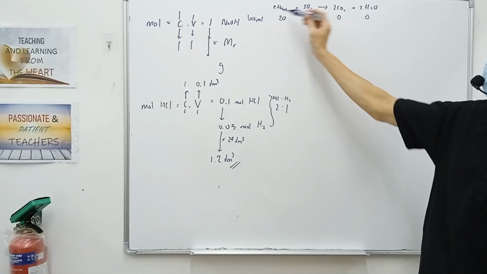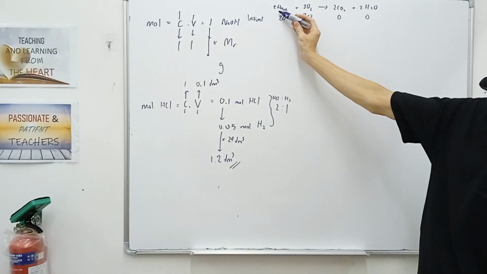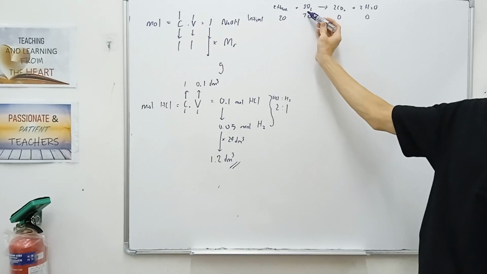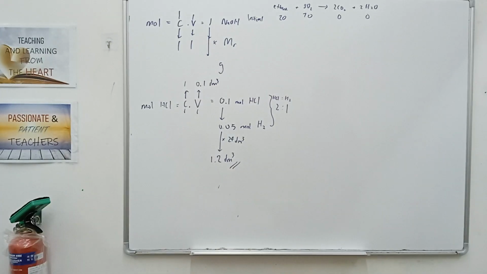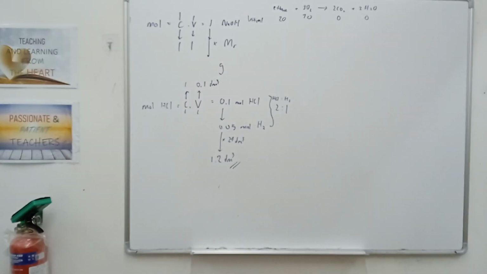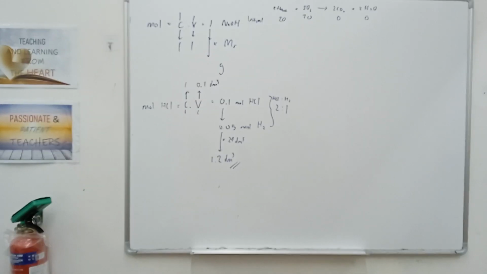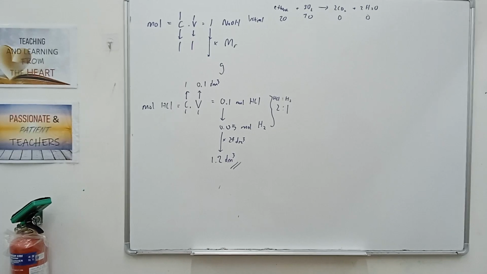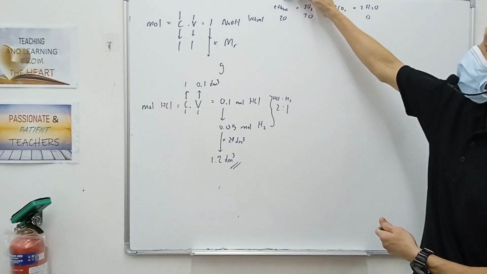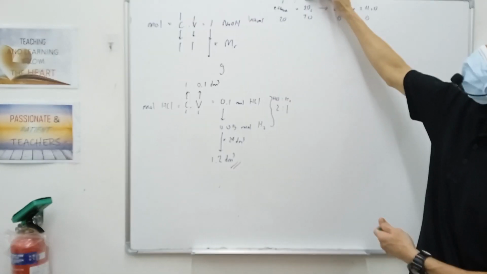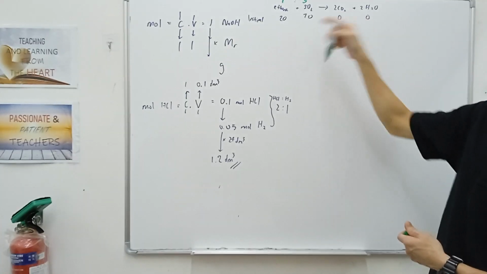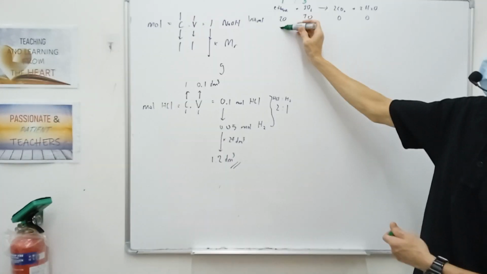Come, look at this. Who is limiting? Is it ethene or is it oxygen? Which one is limiting? Oxygen? Okay, it's 70. Yeah, Anna, which one is limiting? 1:3. Okay, so if ethene is limiting,